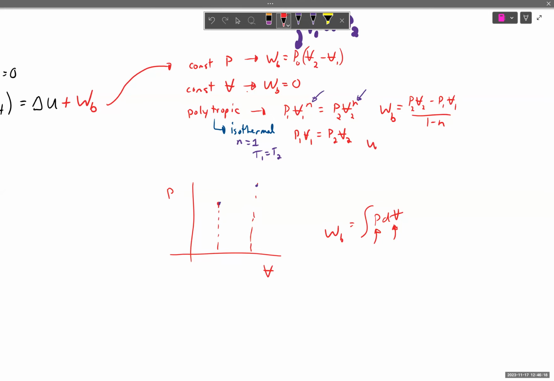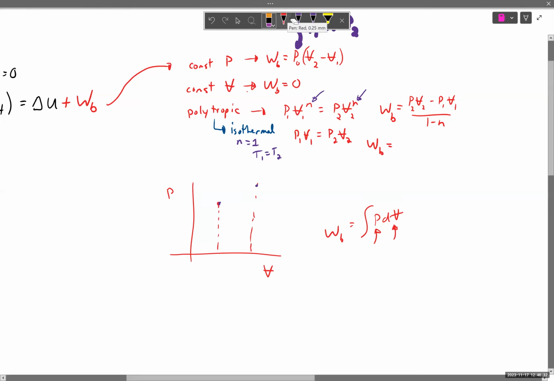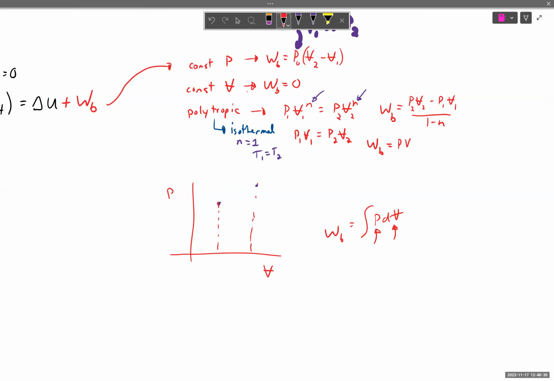And that work at the boundary ends up becoming, I'm not going to go through the derivation, but we end up with C, not a constant, just a term. We replace that C with one of the pressure volume combos. So it could be P1 V1 times the natural log of V2 over V1, or you could write it as P2 V2 natural log V2 over V1,